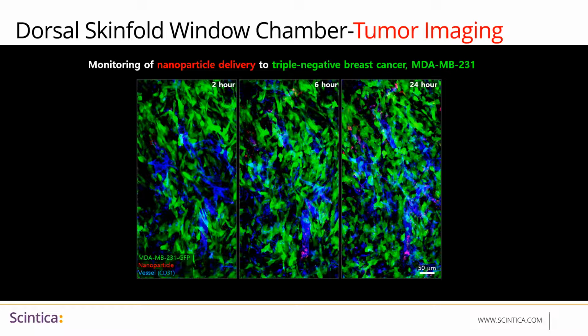And there are vessels which are labeled with CD31 in blue. So you will see that this is a longitudinal imaging, which is captured 2 hours, 6 hours, and 24 hours post injection of these nanoparticles intravenously. And you can monitor the progression and regression of your tumors over time, and also the effect of these therapeutic